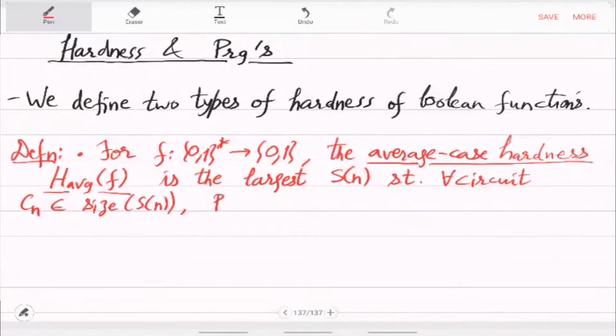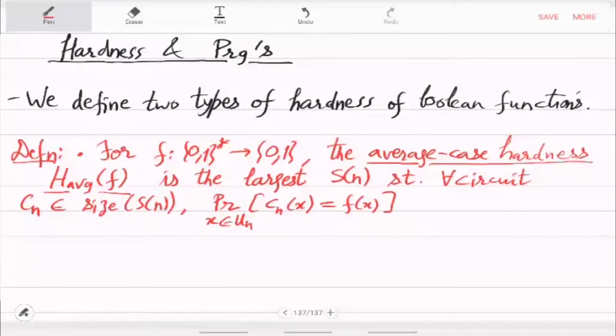So in other words, the probability of Cn(x) being equal to F(x) on x from {0,1}^n, the uniform distribution. If you just did a random choice, picking 0 or 1, yes or no, in a random way, then the probability would have been around half, or at least half. And this circuit Cn is not able to do much better.